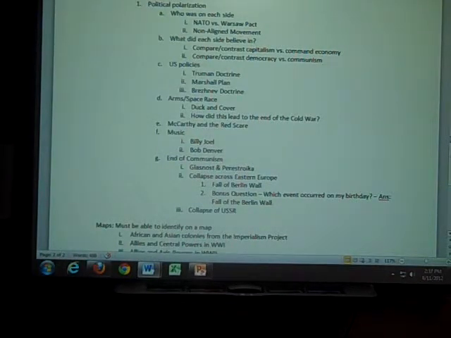McCarthy and the Red Scare, forget about the music, because we didn't get to it. Well, when I talked to him later, Billy Joel's "We Didn't Start the Fire" covers all the decades between the end of World War II and the fall of the Berlin Wall. As soon as I said it to him, guys, can I remind you that you're being recorded right now? Just keep talking. So when I reminded him, for Billy Joel it's "We Didn't Start the Fire," and for John Denver, he recorded a duet with a Russian singer